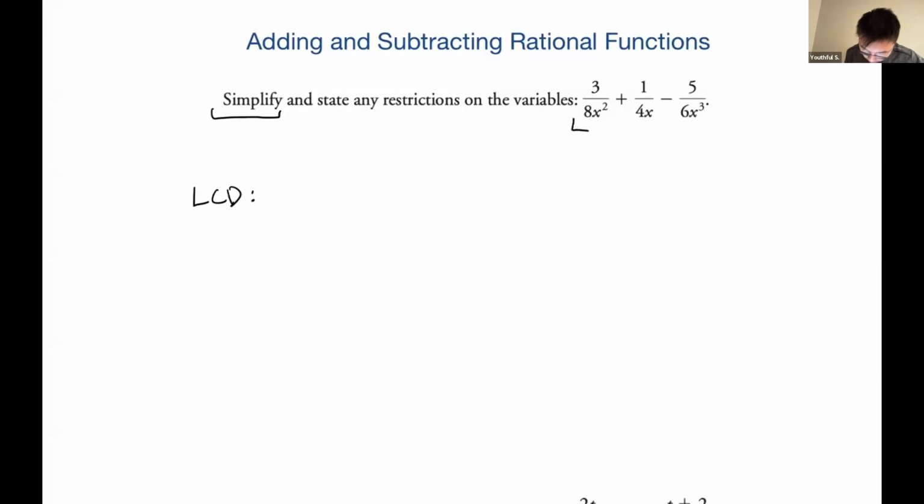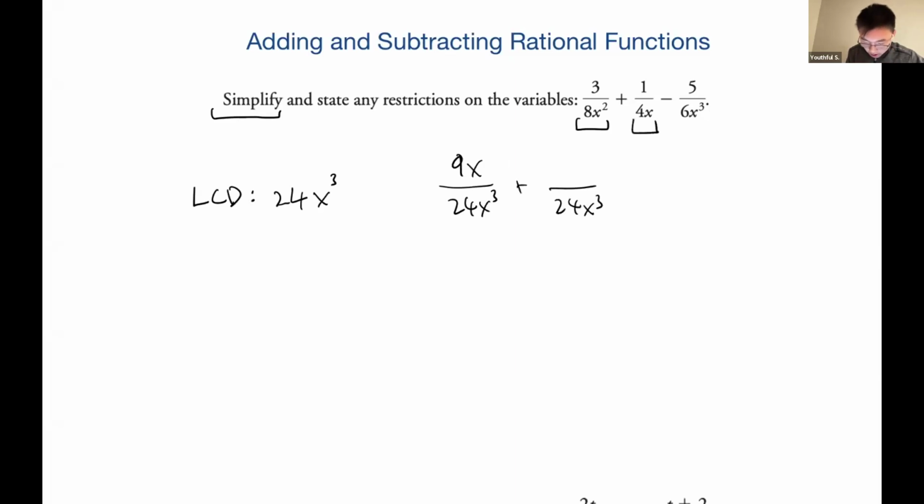And we see out of these three, it looks like it's going to be 24. So again, look at the constants first, 8, 4, 6. It's going to be 24 x cubed. So this is our lowest common denominator. Now we multiply everything by this. So for 24x cubed, we had to multiply it by 3 and x. So 3x times 3, that's just going to be 9x plus,